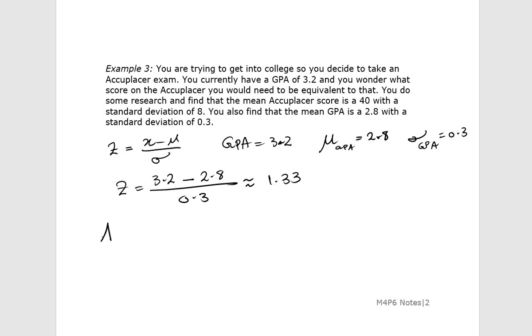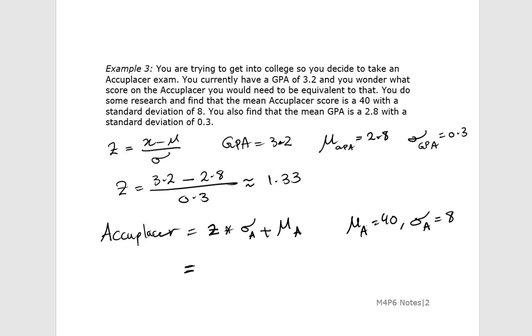So the equivalent Accuplacer is equal to your z-score of the GPA times the standard deviation of the Accuplacer plus the mean for the Accuplacer. We know that the mean for the Accuplacer is 40, and we know that the standard deviation for the Accuplacer is 8. So now your GPA converted to an Accuplacer is going to be 1.33 times 8 plus 40, which is going to be roughly